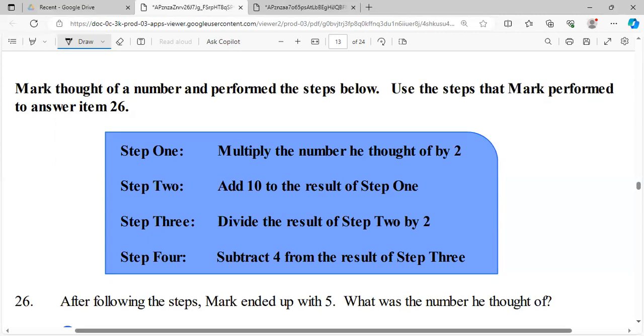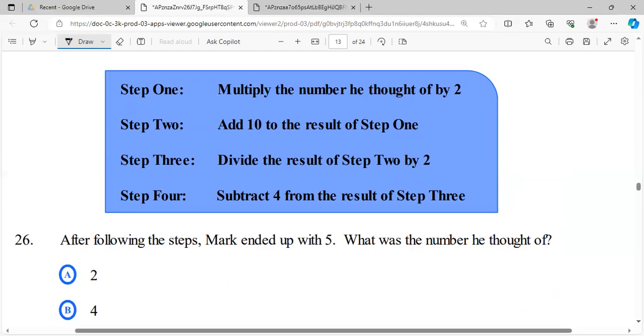So step 1, multiply the number he thought of by 2. Add 10 to the result of step 1. Divide the result of step 2 by 2, and then subtract 4 from the result. After following the steps, Mark ended up with 5. What is the number he thought of? So you do all of these 4 processes, and the answer turns out to be 5. So what we're going to do, we know the result, so we're going to work